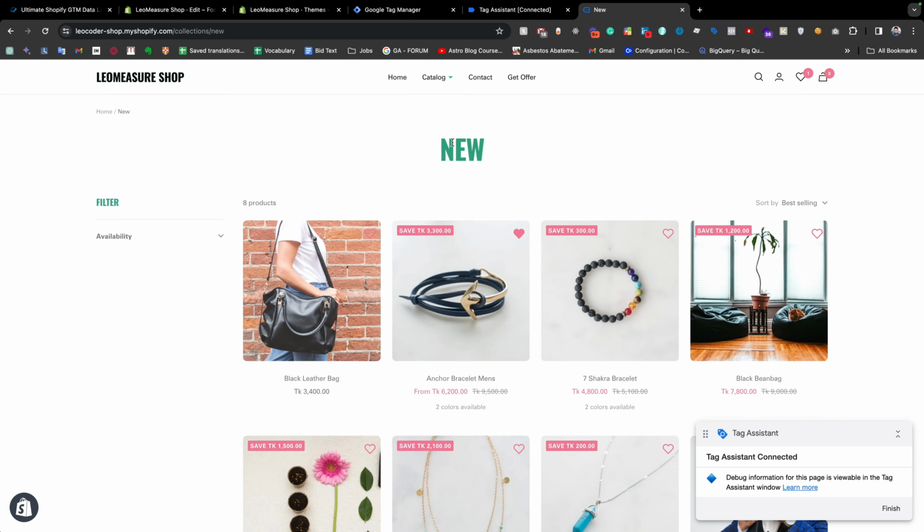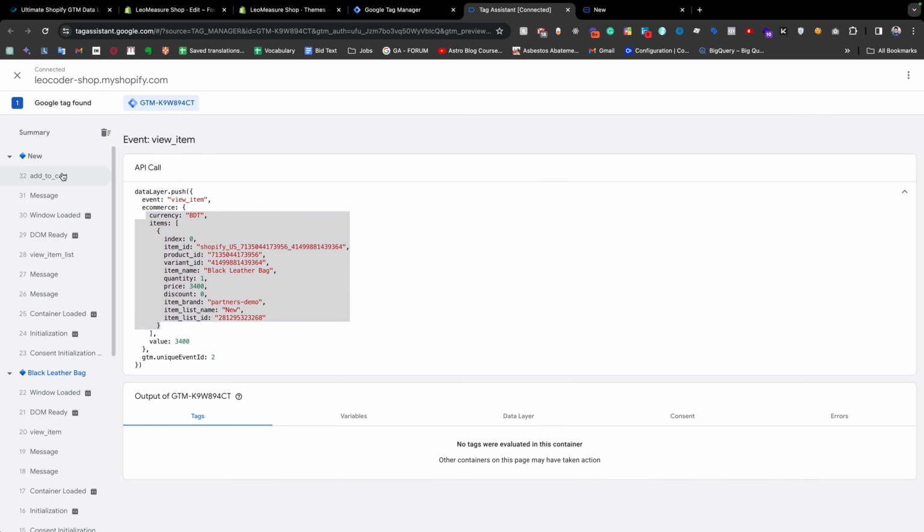And I'd like to let you know that I have taken a very complex setup to show how this data layer works in a critical situation, or with any advanced feature. Right now there are a couple of options to add a product to the cart. At first I can add to cart instantly from my catalog page. If I click the add to cart button right here, you see that I am getting the add to cart event,